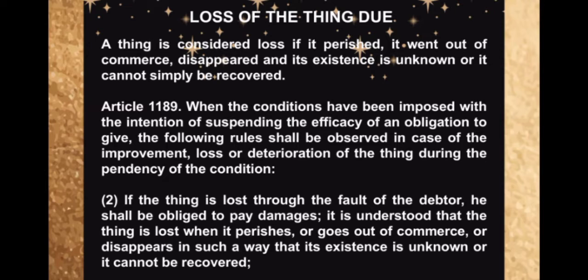Sinasabi dito sa Article 1189, upang ang isang obligasyon ay mapapatay ng pagkawala o pagkasira ng bagay, mahalaga na ang mga sumusunod na hinihiling ay dapat sumang-ayon. Una, kung ang bagay ay mawala ng walang kasalanan ang may utang, ang pananagutan ay mawawala din. Next, kung ang pagkawala ng bagay ay kasalanan ng may utang, mananagot siya at magbabayad at ipagpapalagay ang gayon bagay ay hindi na muling mababawi pa.